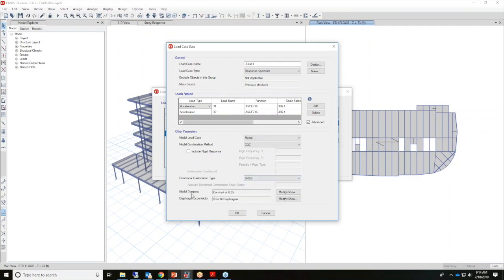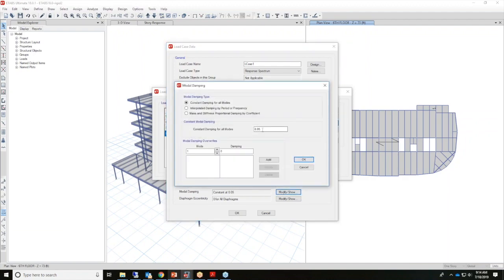Okay, so also we have modal damping that can be defined. We'll leave this as constant at 5% for each one of the modes. Just going to bring up